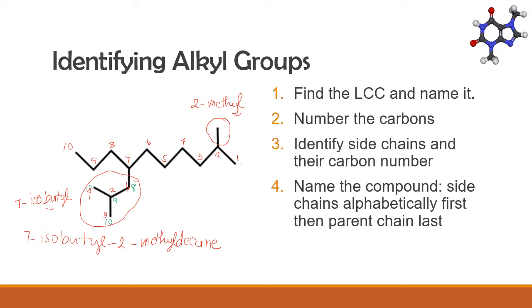However, as I said earlier, there is another way to name this compound. If we go down this way and end here, we would have two other side chains. This one has one carbon, so this is methyl. And then we have this side chain which has 1, 2, 3 carbons, so it is propyl. And it is attached to carbon 7. This methyl is attached to carbon 9. So another way of naming this compound would be